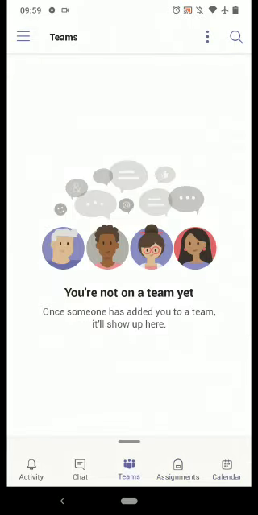You could see here it is showing you are not on any team yet, because this test ID is not added to any team. So on my laptop, I'll try to add this test ID to one class, and you see how things will change.